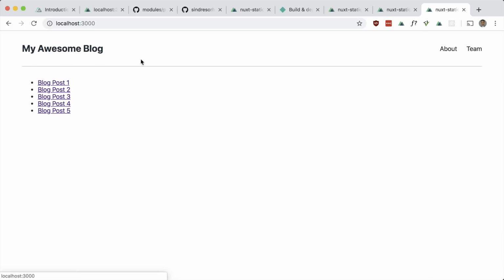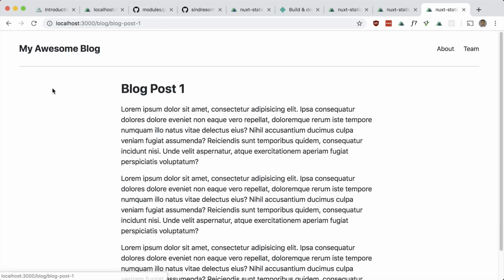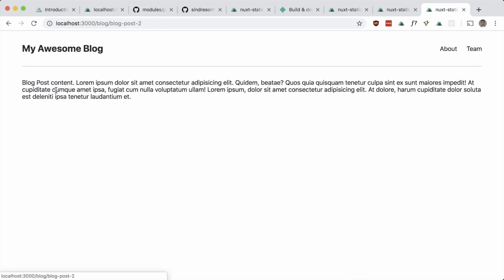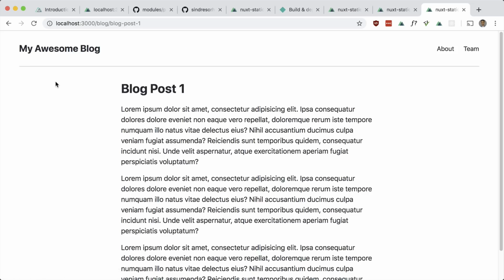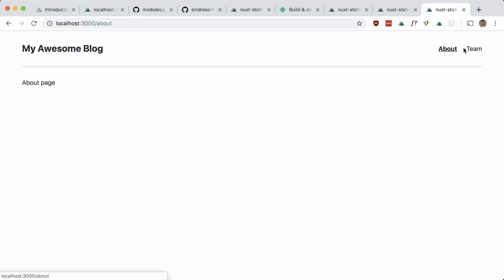Okay, so everything's looking pretty decent now. Again, I'll probably add some nicer styling to this outside of this recording, and I'll change these blog posts to look like the first one. But now we can